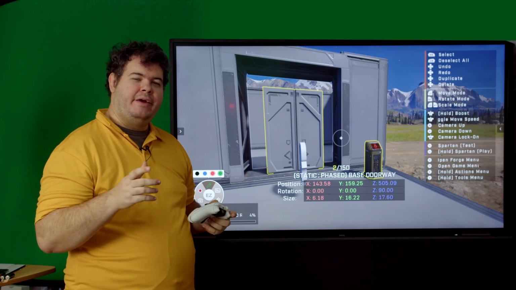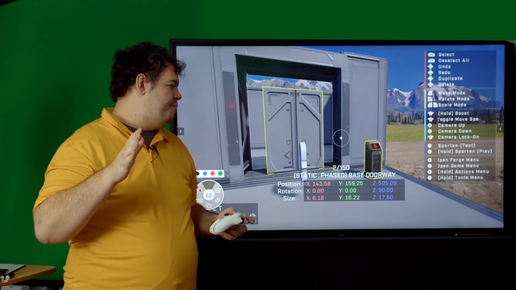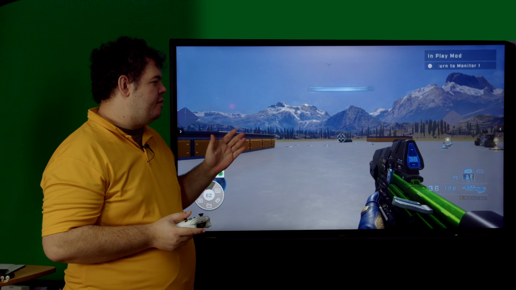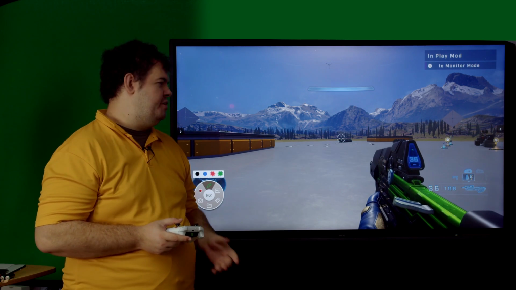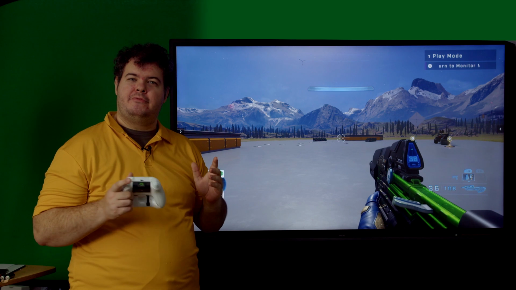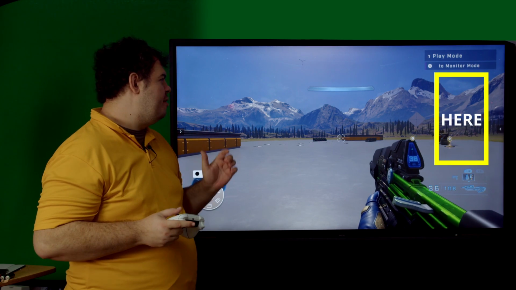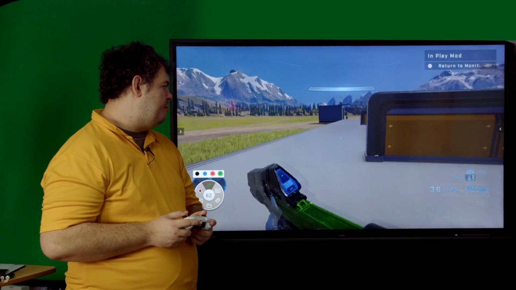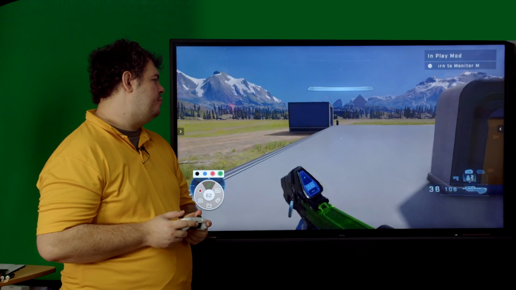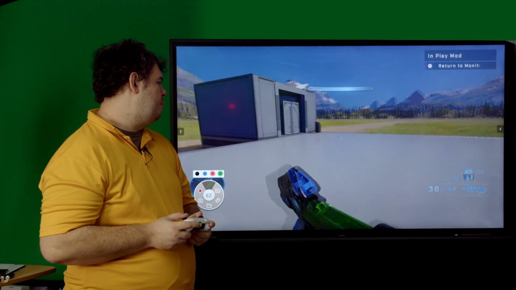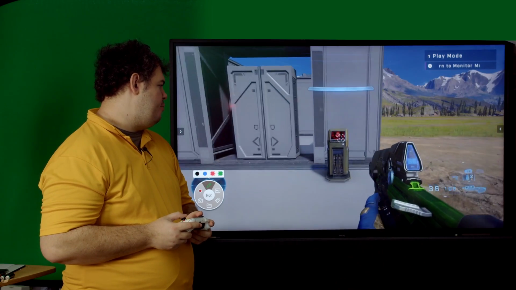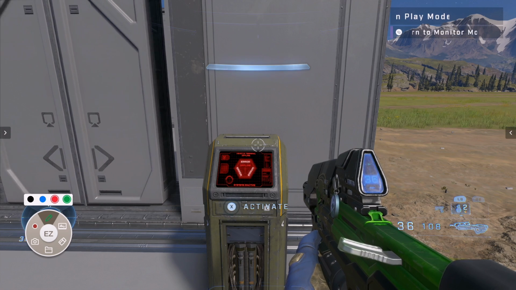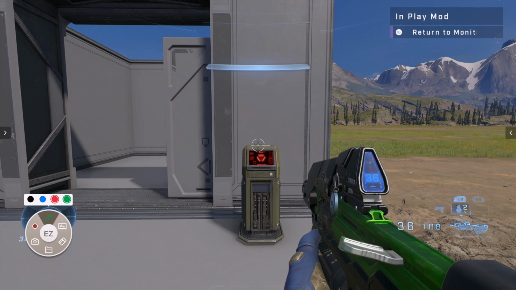And then in theory, if we go into play mode, which is by holding the square button, the script brain is hopefully successful by not getting an error message in the global messaging, which would take place on the right hand side of the screen underneath where it says play mode and return to monitor. So we go across, and I'm just going to sprint over to find our door. And now I'm going to walk up to it, and there it says activate. So I'm going to press and hold X, and there we go. Our door is sliding,